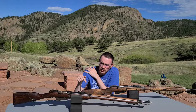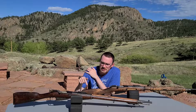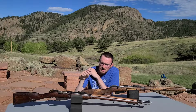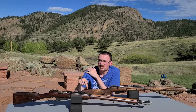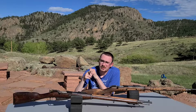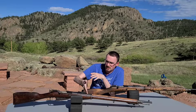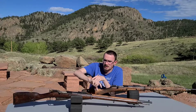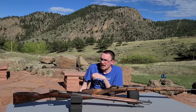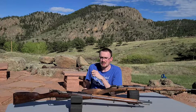In 1935, though, we would start to see a program that would let men with these Finnish M24 rifles go ahead and pay with their own money to upgrade one of these to an M28/30 rifle. That's pretty interesting. So we would see some M24s, and basically what would happen is the stock would either get a new stock, or they would cut it and splice the new stock on here, and they would end up removing the barrel, and they would install a new M28/30 barrel, which had the really fancy target sights,